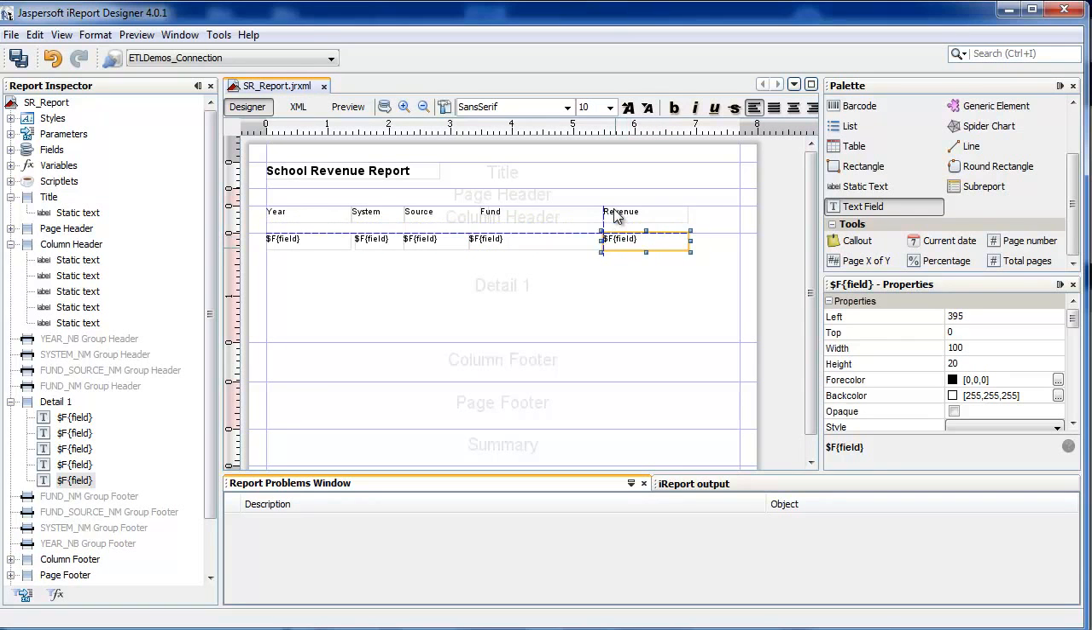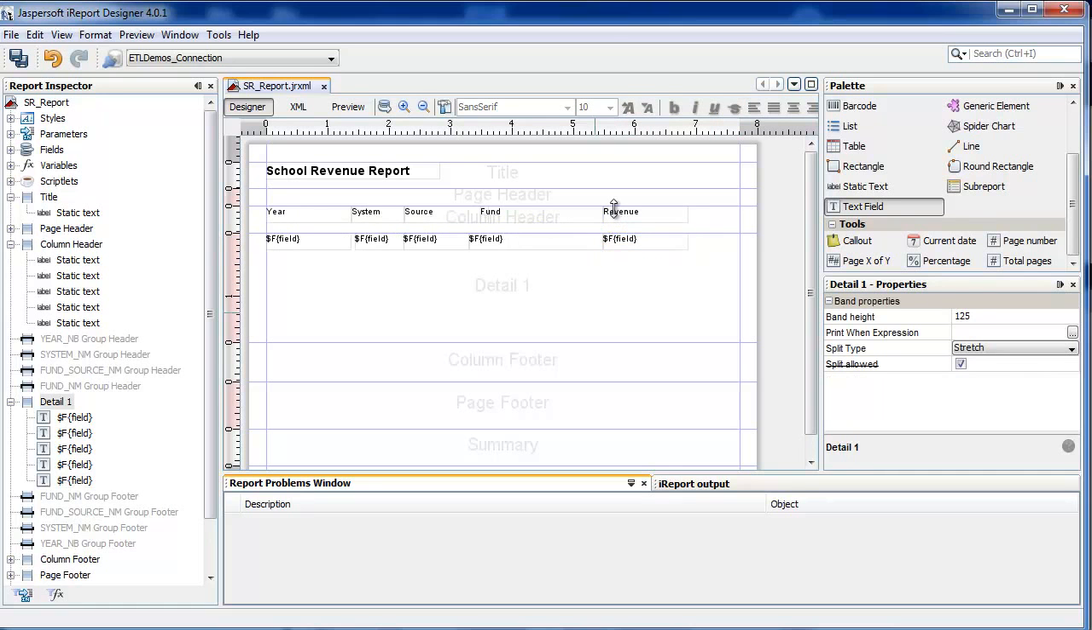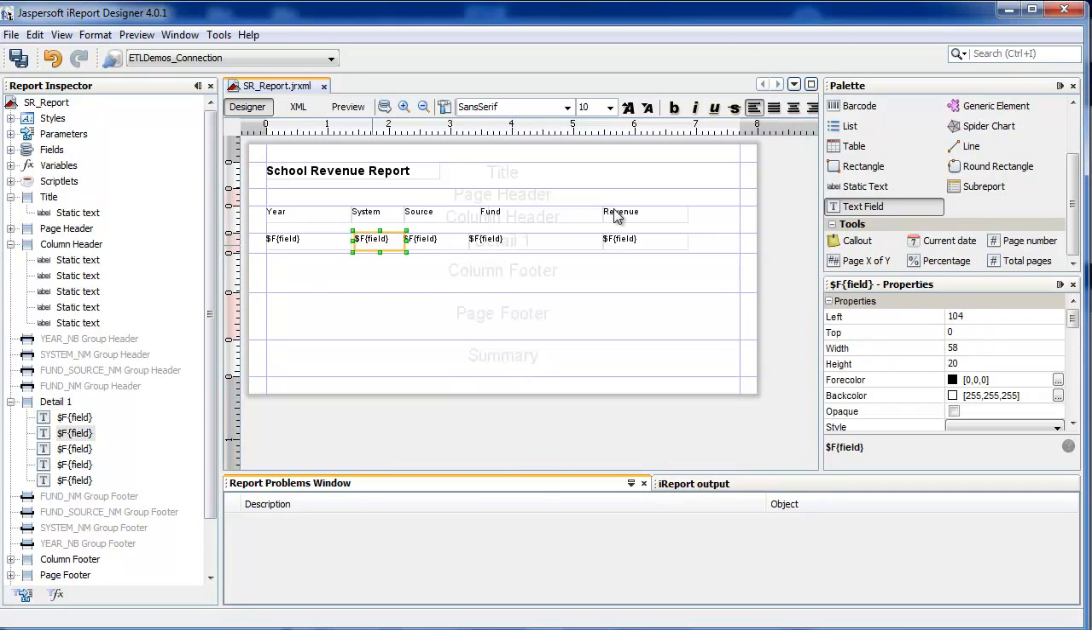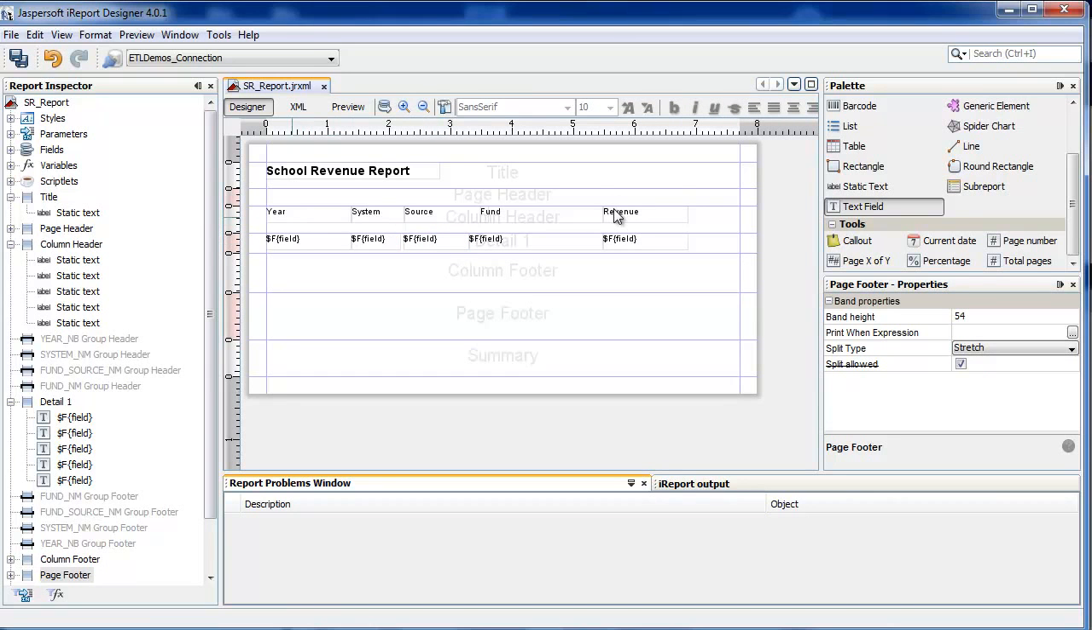These can all be revisited later if they don't come out perfect the first time. My detail, this is going to be repeated for each element in the results set. So for every record being returned by the query, it's going to produce another one of these detail rows. Okay. Now, I've got my headers set up here, and now for the fields,